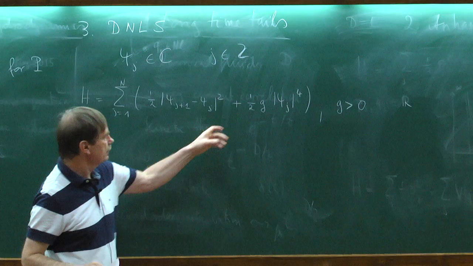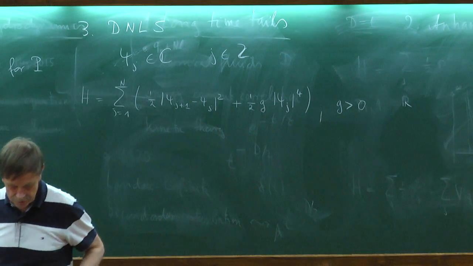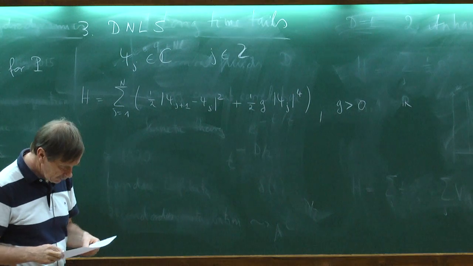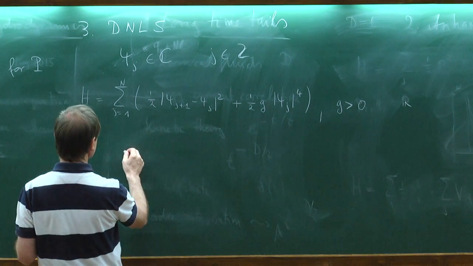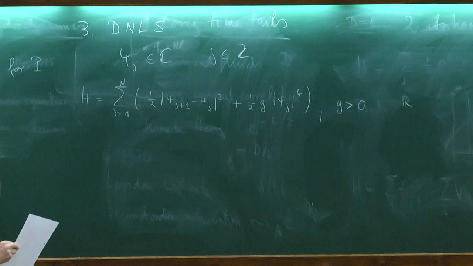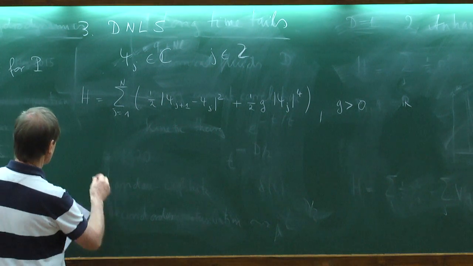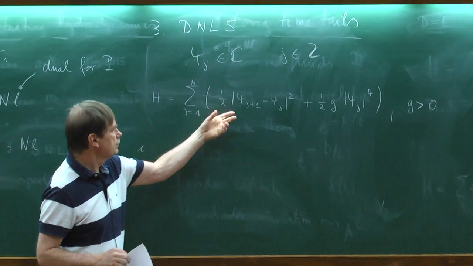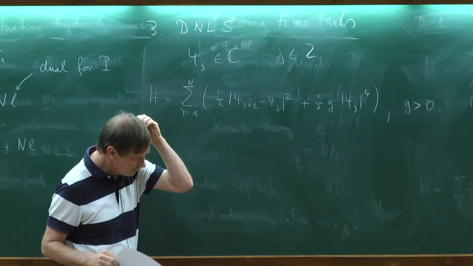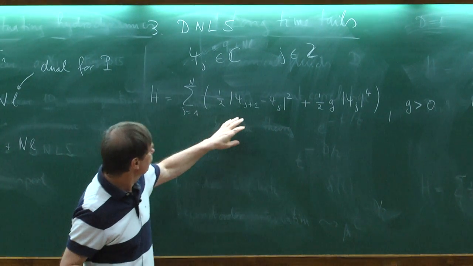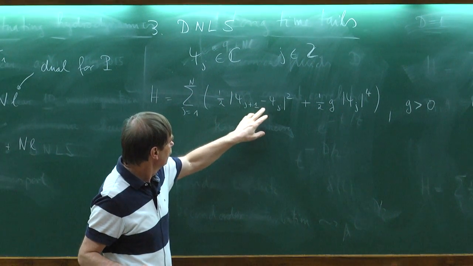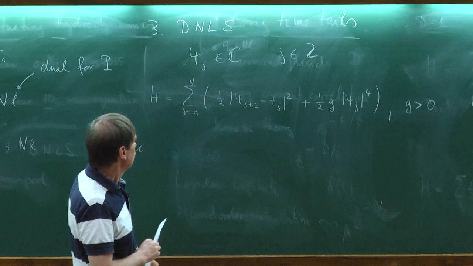You can also study the system with negative g, which is an interesting question, but it's totally outside our scope, since you will have totally different behavior. Anyway, this is my Hamiltonian, and of course the equilibrium measure. Maybe I first write down the equations of motion. You can think of either commutation or Poisson brackets between psi and psi-hat. The canonical position and momentum are the real and imaginary parts of the wave function psi.